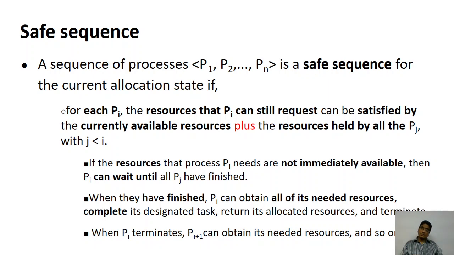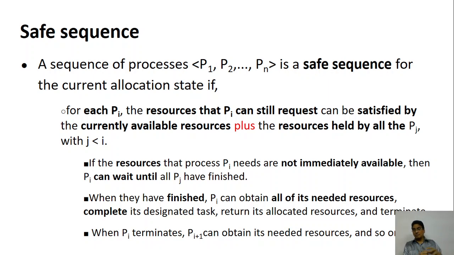So P1 comes to the system and asks for the resources, and what happens? The resource is not available, so I cannot give the resource to P1. In that case, what the system will do is make the process wait, and once the resources which are held by some other process, so P2, P3, P4, are released, P1 can be satisfied. So P1 comes to you and makes the request for the resource, but you don't have